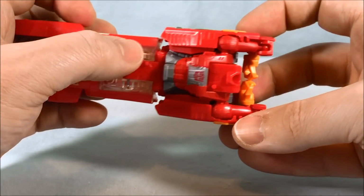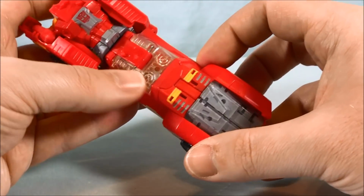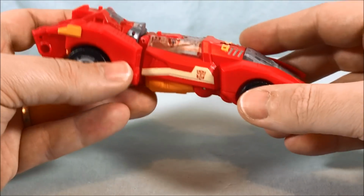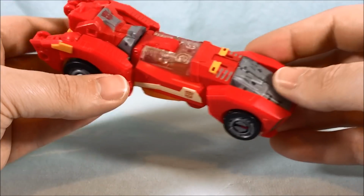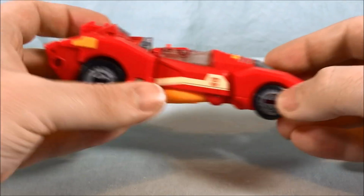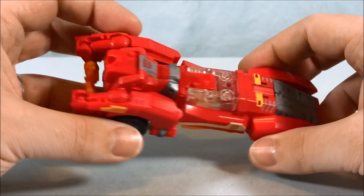And you have the clear window. I mean, even if this was orange, I feel like that might have been a cool pop of orange instead of having the window be clear. Or like a translucent orange. I just think that might have been a little bit better pop of color. Just in this mode, it's a lot of red. I mean, you can still see some of the orange down here, and there is a little bit up here, and you can still see the hands in the back. But